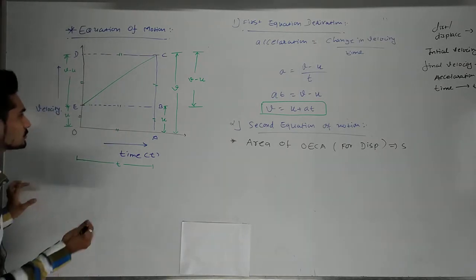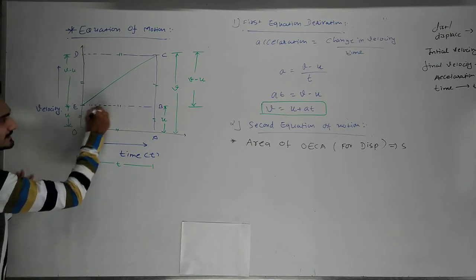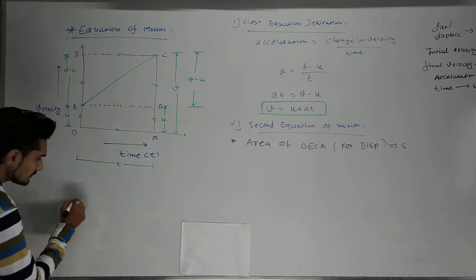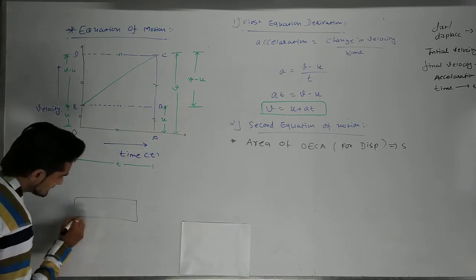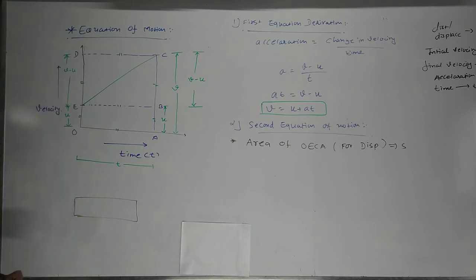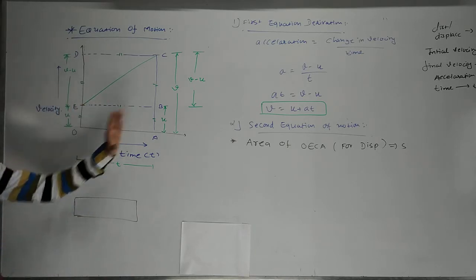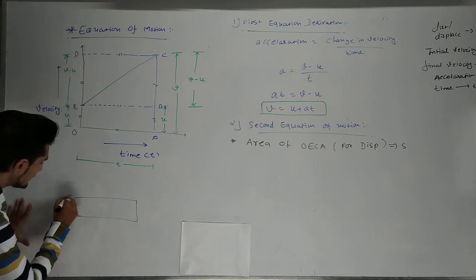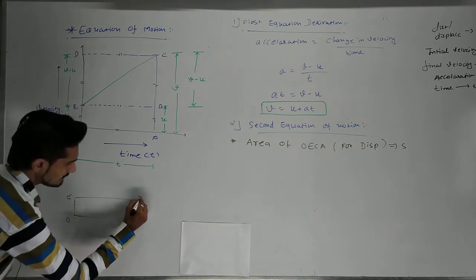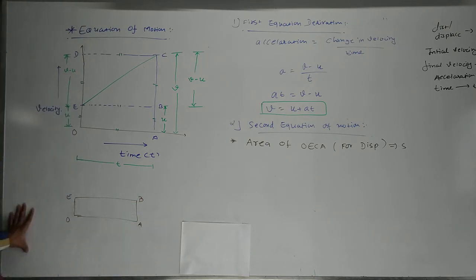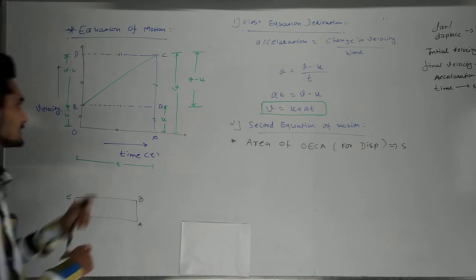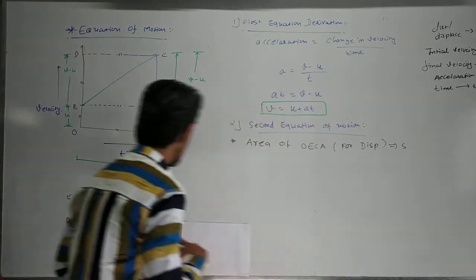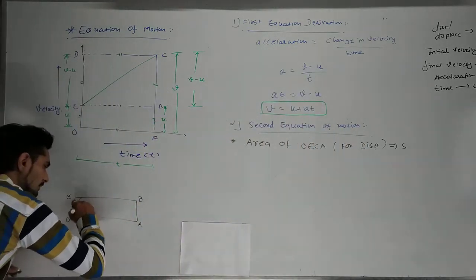First, you can see it here. If I separate this along, it gives us the rectangle. Now I am going to put all the names: O, E, B and A. First part is that, you can see it from here. So if I measure this whole part,